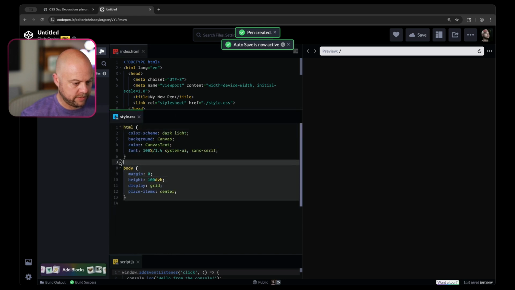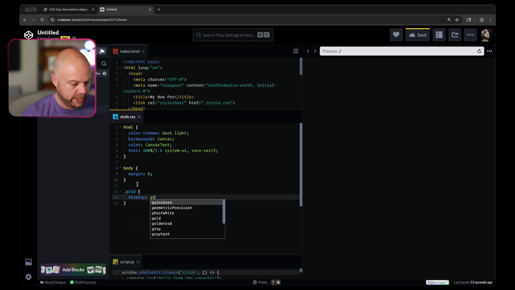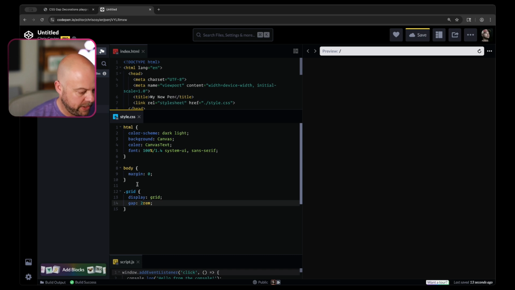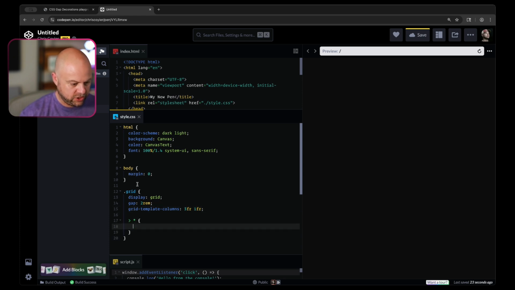That means we'll get rid of most of this for now. Dot grid is a display grid, and it definitely has a gap in it. Let's put a big old gap between it, and then we'll say the grid template columns are, I don't know, 3fr 1fr, so it's sidebar-like, and we could say that each of them has a background white on it or something, so we can see that they're different and we can see the gap between them, but of course there's no content in them, so